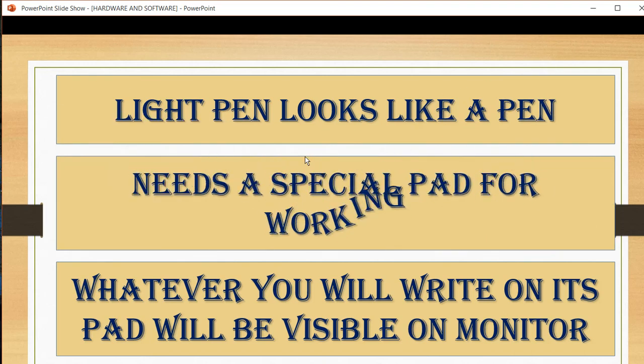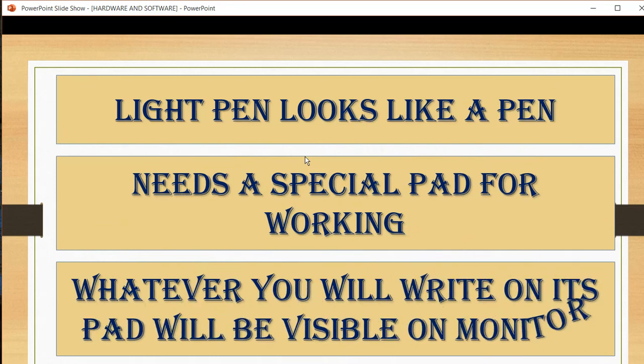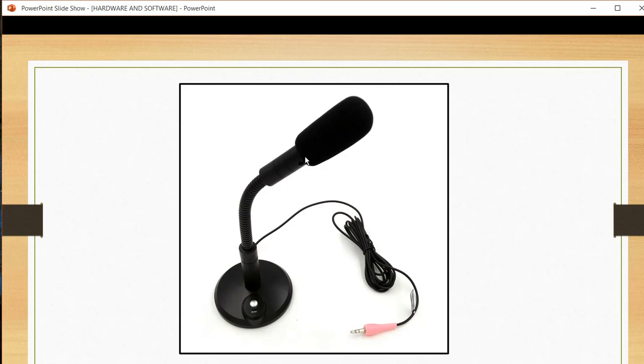And whatever you write on its pad will be visible on the monitor. So if you want to make any changes in that text, you can make those changes easily with the help of keyboard, because that information will be displayed on the monitor.